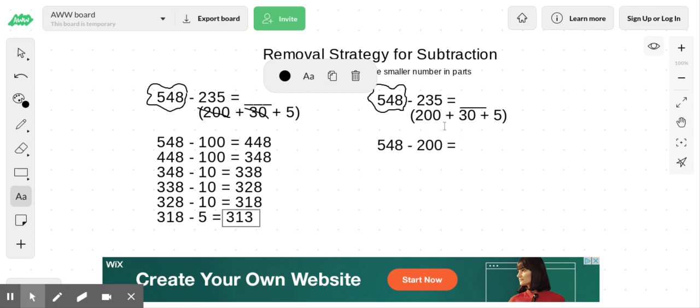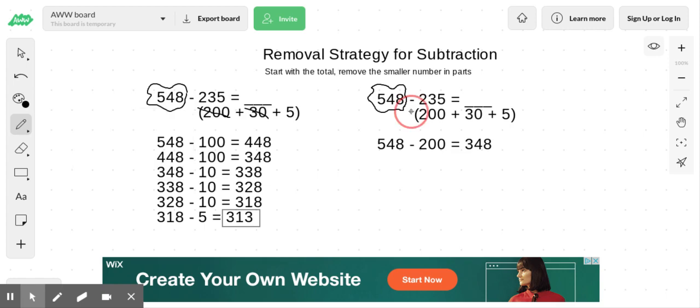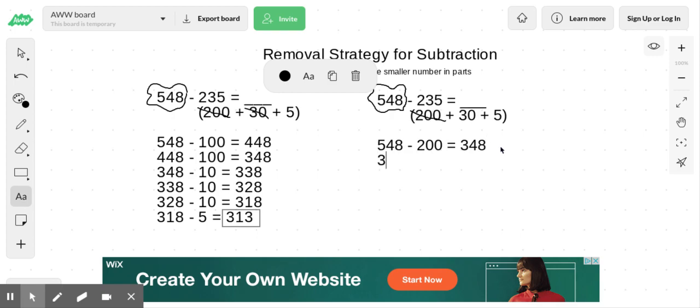equals, let me think, I want to make a change in the hundreds place. So I'm thinking 500s minus 200s will leave me with 300s, but the digit in the tens and the ones place have to stay the same. So that leaves me with 348. And we remove that whole 200, so let's cross it out. 348 minus, let's move on to the tens, minus 30 equals,